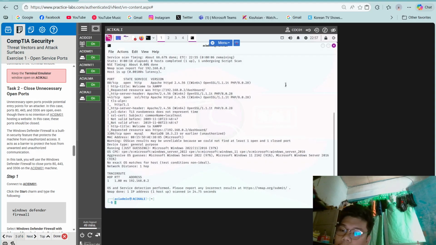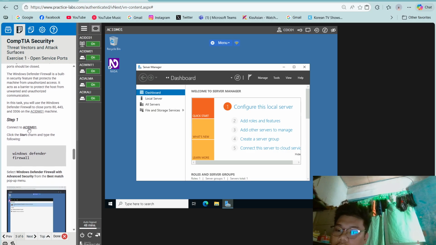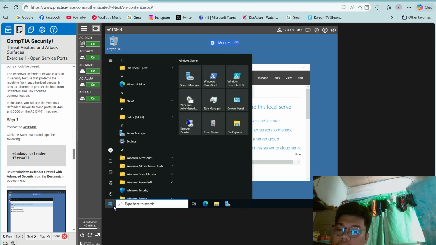The Windows Defender Firewall is a built-in security feature that protects the machine from unauthorized access. It acts as a barrier to protect the host from unwanted and unauthorized communication. In this task, you will use the Windows Defender Firewall to close ports 80, 443, and 3306 on the ACIDM01 machine. So connect to ACIDM01, click Start, and then type the following: